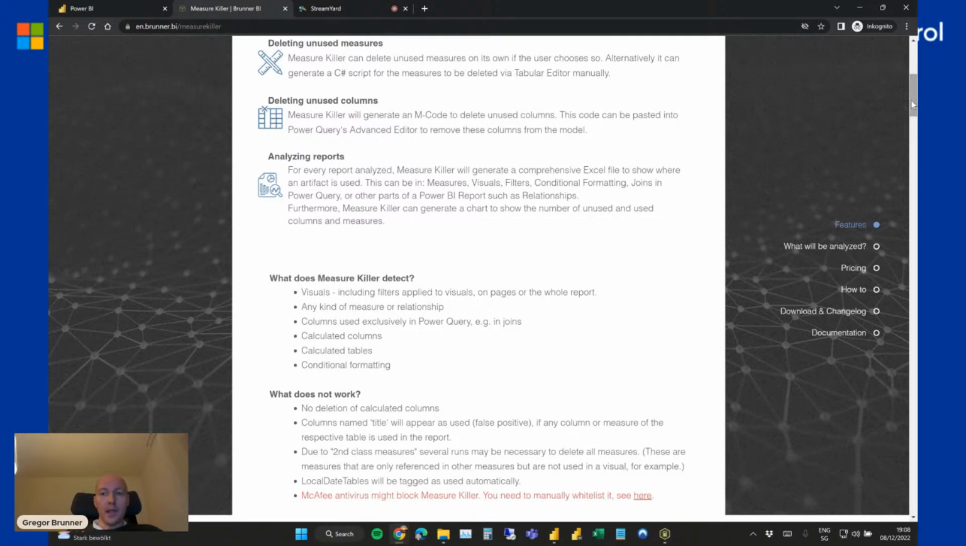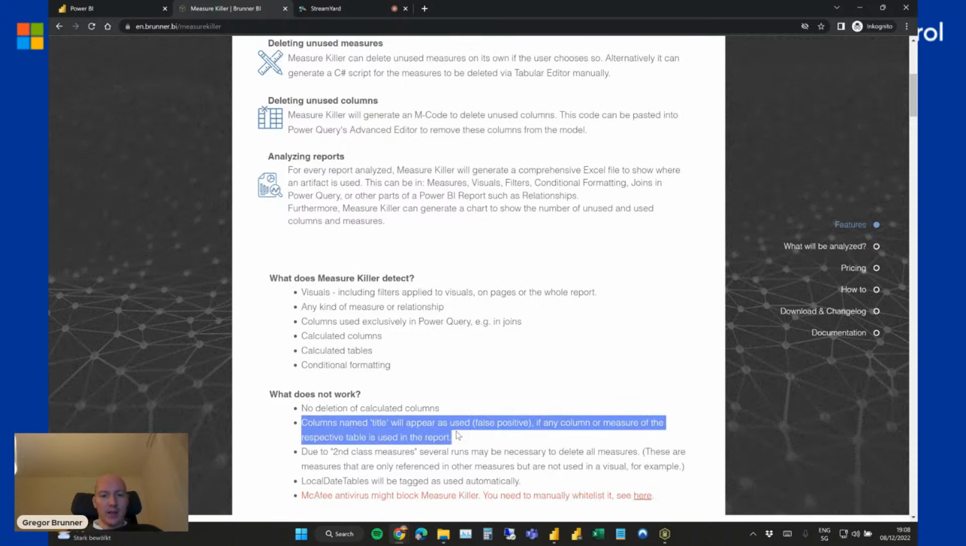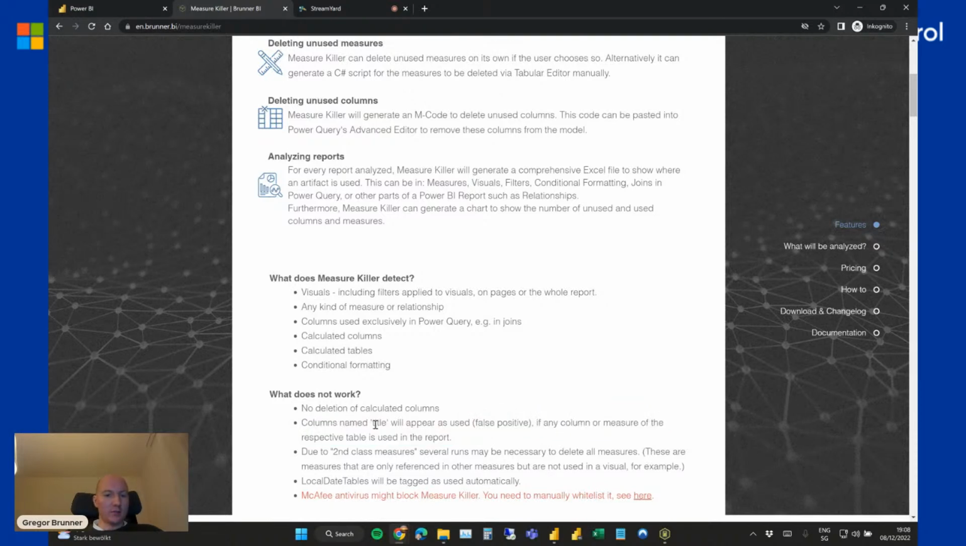And here are a few things that do not work. Like, for example, you cannot delete calculated columns. That's just for architectural reasons. It's not possible, as far as I know, at least. Then we have one real limitation, I would say. If you have a column that has a title in its name, it will appear as used, which we call a false positive. So we built Measure Killer